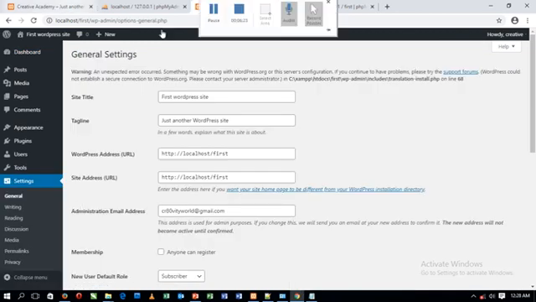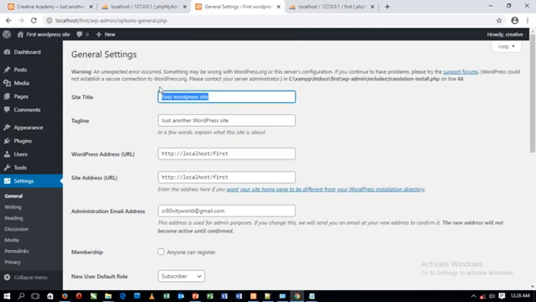These general settings, we handle these while we're trying to install, but this is another place where you can edit it. I talked about your email address. In case you put in an email address and you are willing to change it, you can just come here and change your email address. This is your web URL. This is your site URL. This is your tagline. Your tagline is something that tells you about the website. Then this is First WordPress Site. That's the title of your website, and that's what shows here.